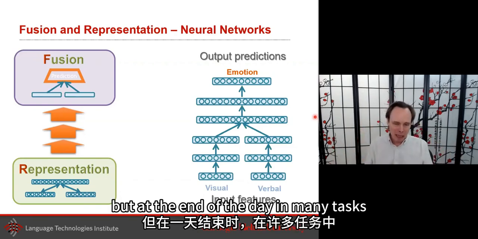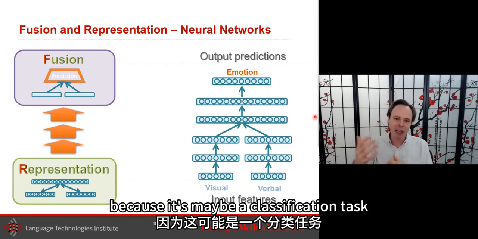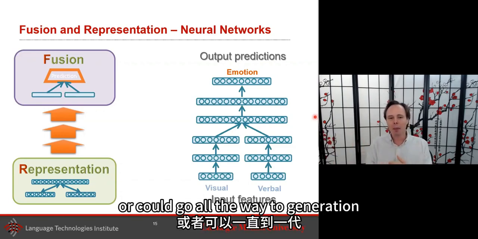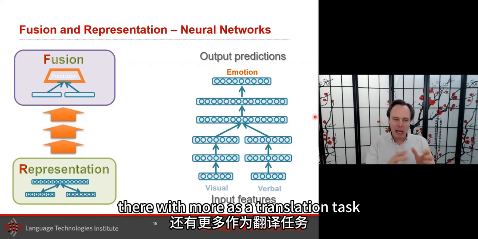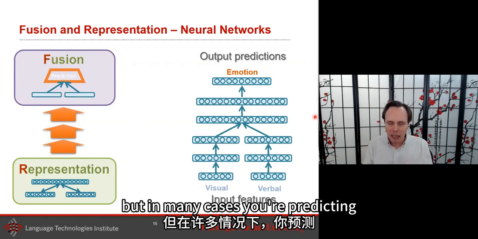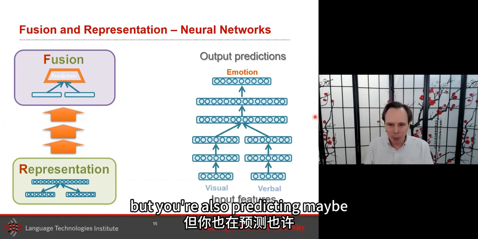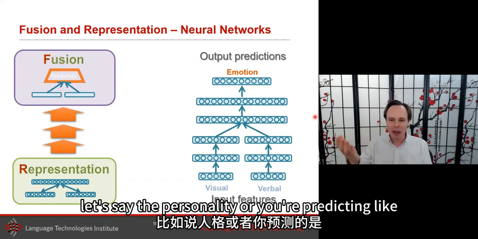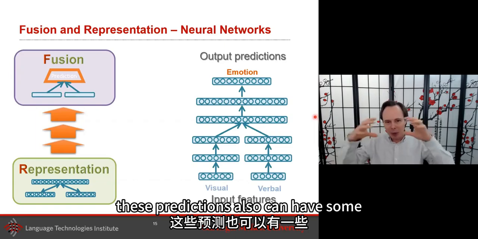But at the end of the day, in many tasks, you have a prediction to make. It's maybe a classification task, maybe regression, or it could go all the way to generation, but we often treat that more as a translation task, where you're generating. But in many cases, you're predicting. Let's say you're predicting emotions, or maybe the personality, or whether it is a noun or a verb, some aspect of syntax. These predictions